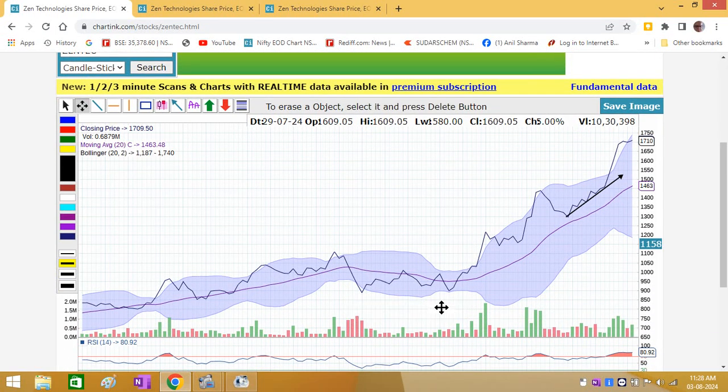Friends, as far as the textbooks are concerned, this actually is the support line within the band. This actually is the overbought zone, and this actually is the oversold zone. So in a very ideal case, the buying actually will be here, or say in this case it will be here. Buying will be here and the selling will be here. This could be one strategy. So this is the buying price and this is the selling price. This could be one strategy.